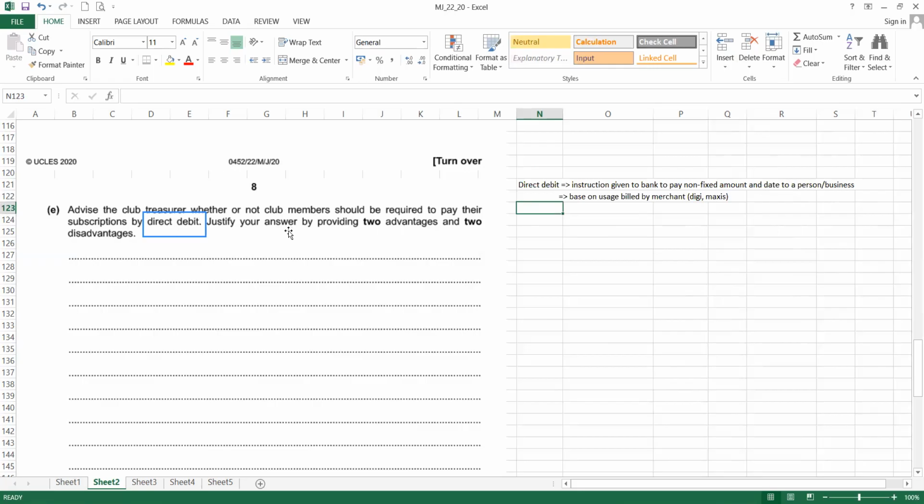Okay. Justify your answer by providing 2 advantages and 2 disadvantages. So if you are doing this direct debit method, every month you will get the money, because the bank automatically deducts the money from the member's account. Got it? So that is the advantage of it. In here, they want us to give 2 advantages and 2 disadvantages of the